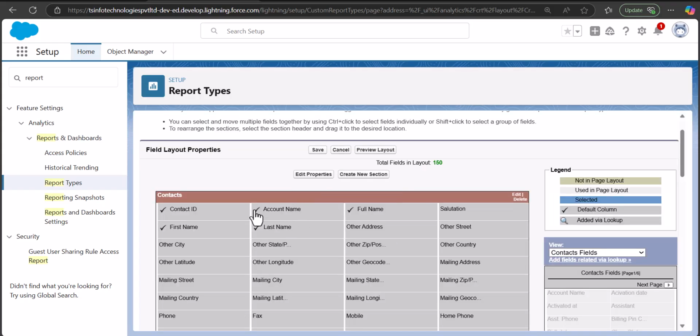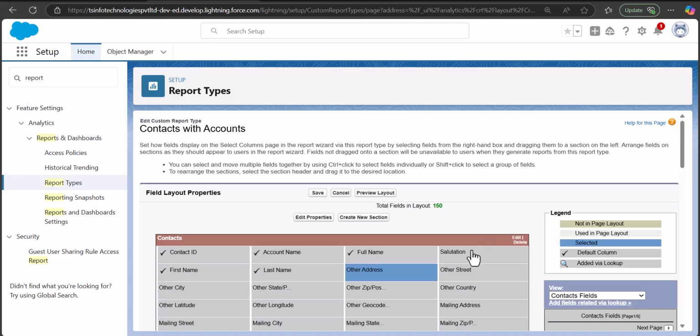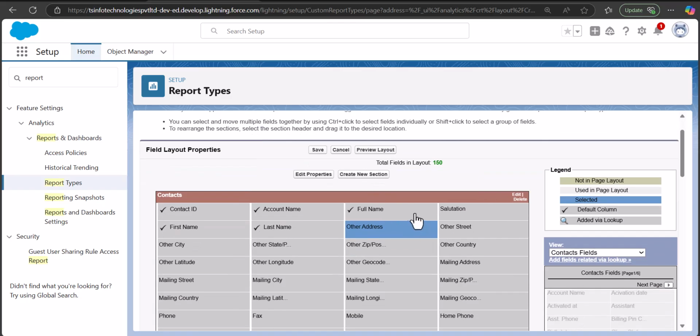In the layouts there is no option that you can select one field or column, and there is no option to delete it. So how you can delete any of the columns or remove it from the axis of the report types is that you have to create one new section, and in that new section we will drag and drop the fields that we want to remove. So how we will do that? First we will click on the button create a new section,